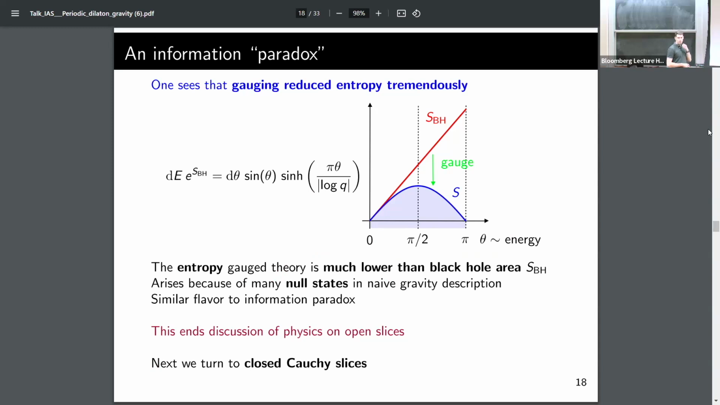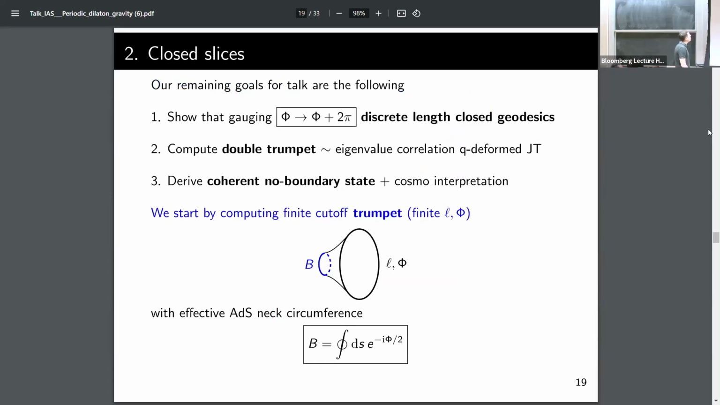Okay, this ends my discussion of open slices, and now I'll turn to closed Cauchy slices. So our remaining goals are the following. I want to, in an appropriate sense,